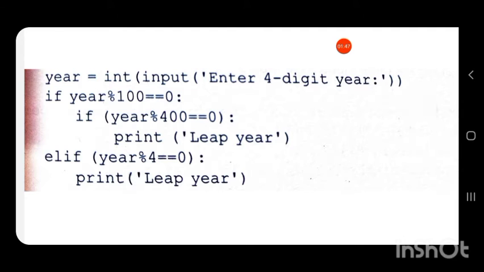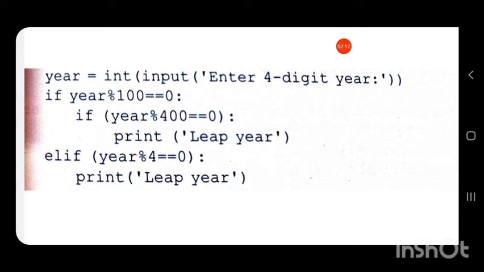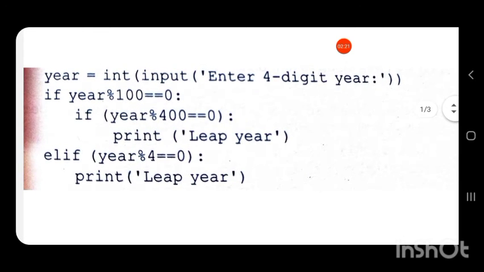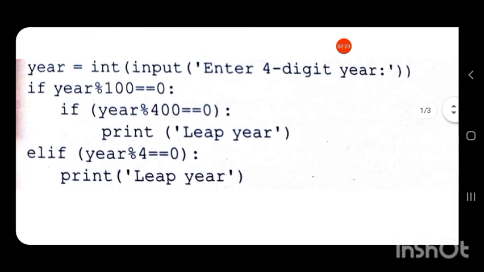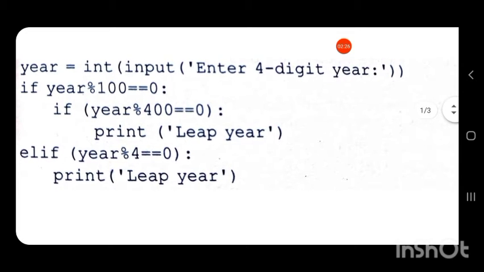If it is not a century, like 2004, 2001, 2020, then we can divide the year by 4. If there is any remainder, then it is a normal year, and if there is no remainder, then it is a leap year. So let us see how we can find out whether it is a normal year or a leap year.